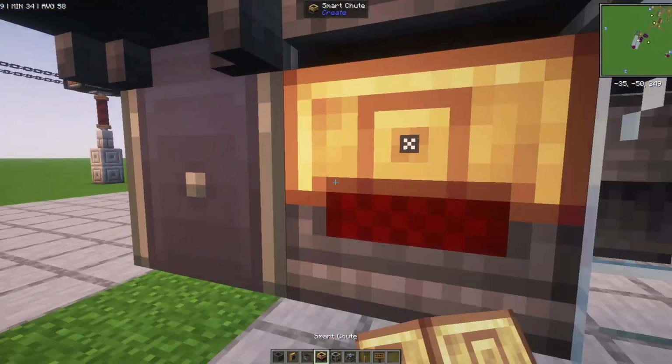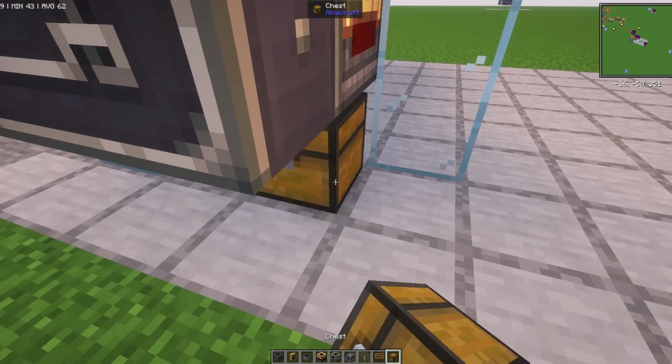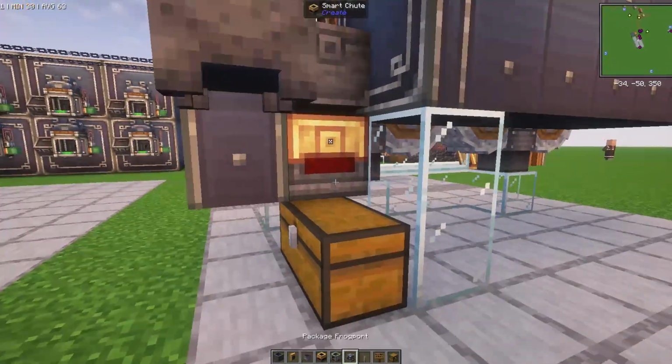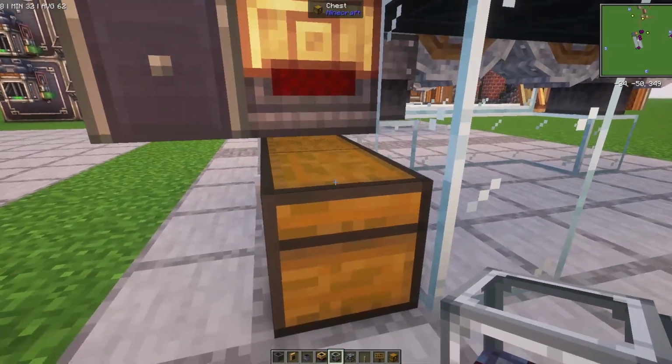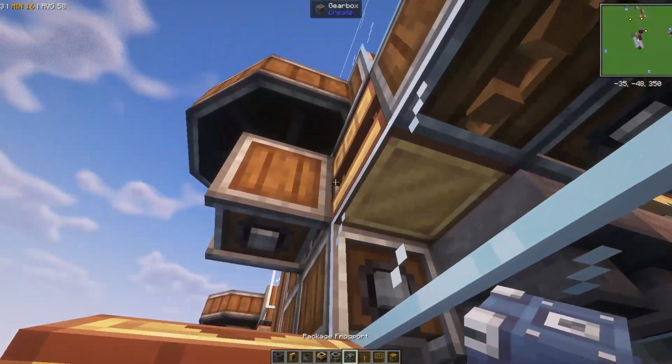Underneath that basin we're going to add a smart chute. Underneath that smart chute we are going to add 2 chests, and then on top of that chest we are going to add a packager, and then on top of that packager we're going to add a frog